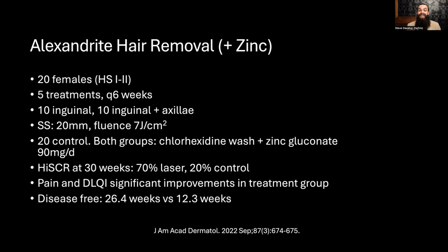Alexandrite was studied in a randomized controlled trial with 20 females, early stage 1 to 2. One group got oral zinc and a chlorhexidine wash, and that was the control group. The other group got zinc, chlorhexidine wash, plus alexandrite hair removal. And you can see the improvement of the HiSCR, which is a 50% improvement in abscesses and nodules with